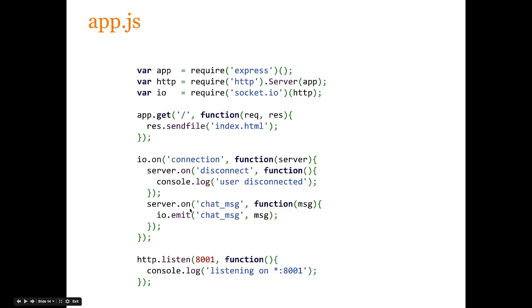And then it's also going to listen for, and this is the key, the chat message. So if a client, a browser, emits a message that has a key of chat message, then it will invoke this inline anonymous function. So here's the start of the function, and here's the end of the function. And what the server now does is it will emit that message to all of the other browsers that are also on this same page, that are also listening for chat messages to be sent from the server down to